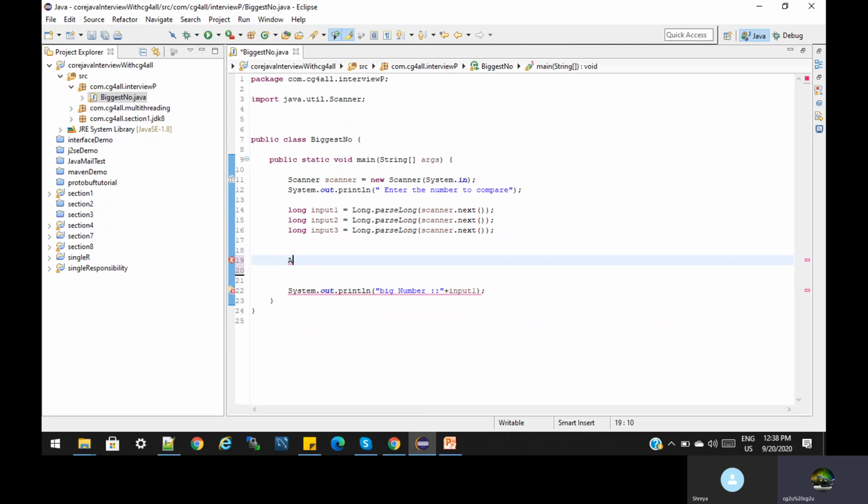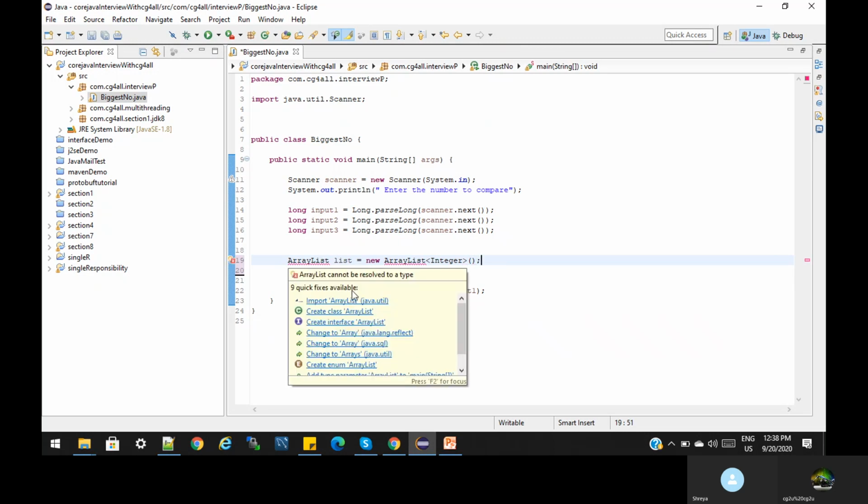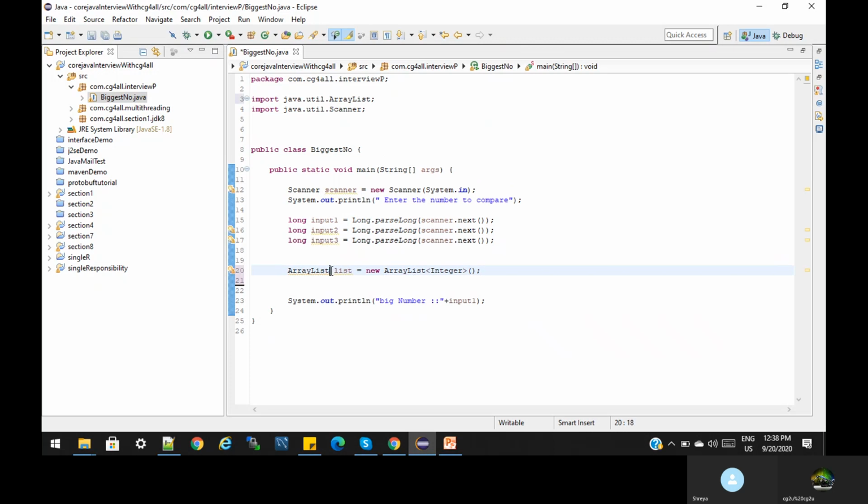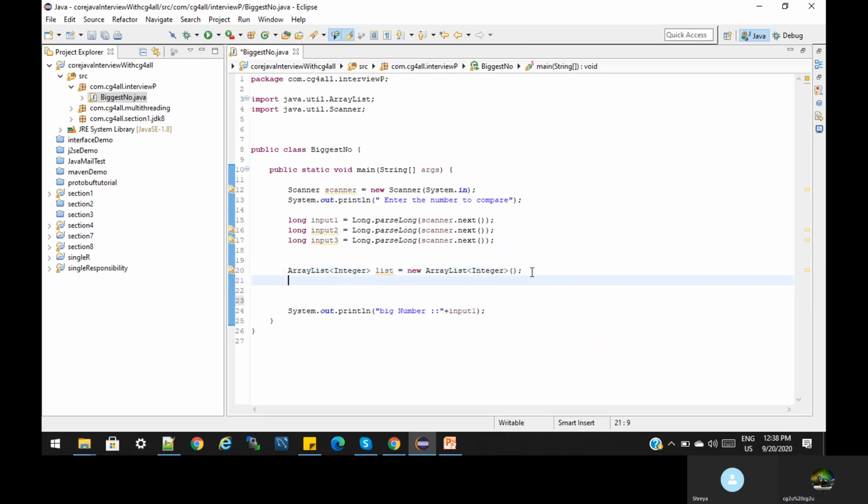Let us consider I am creating an array list. Now we have a list which will store the values. list dot add.